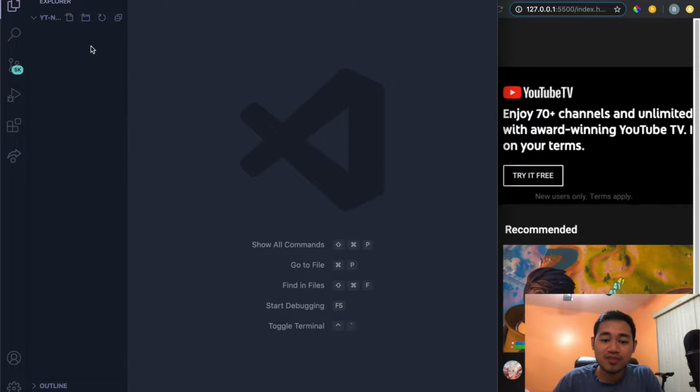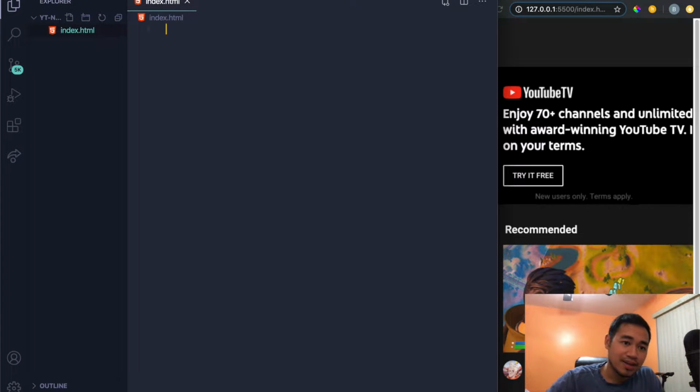So here we are on VS Code, and the very first thing I'm going to do is create the index.html file. Next, we got the style.css. And then last but not least, we got the